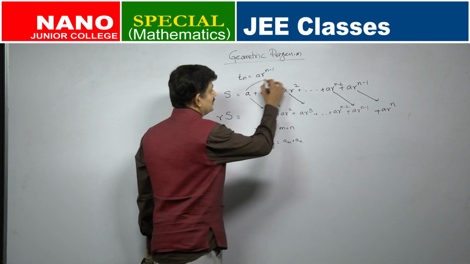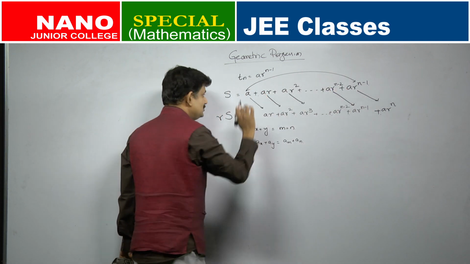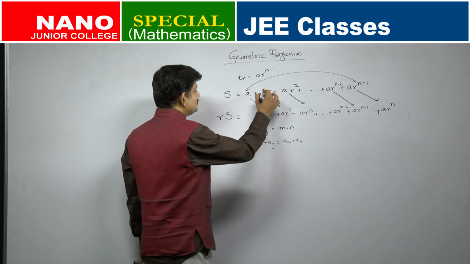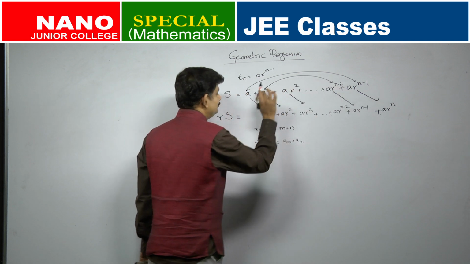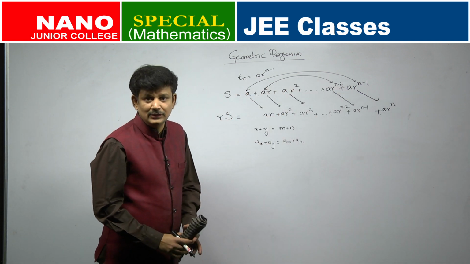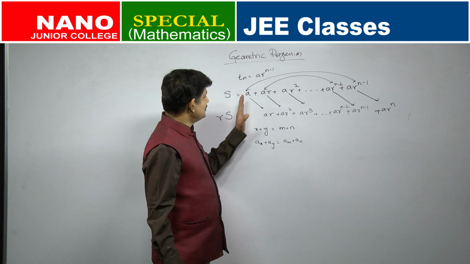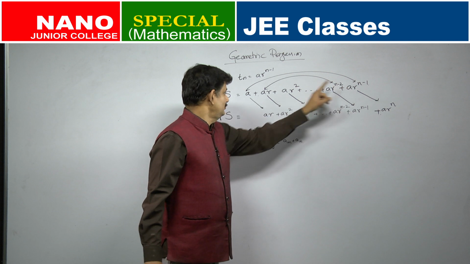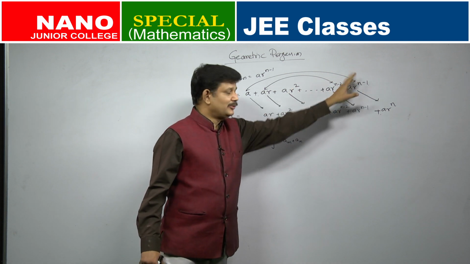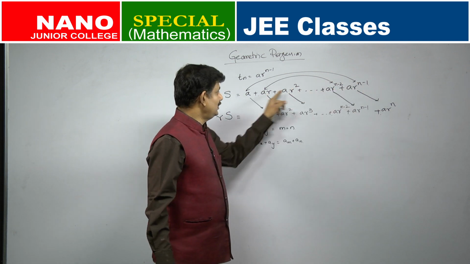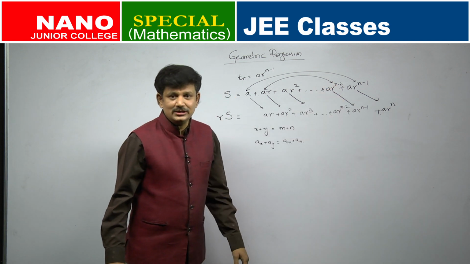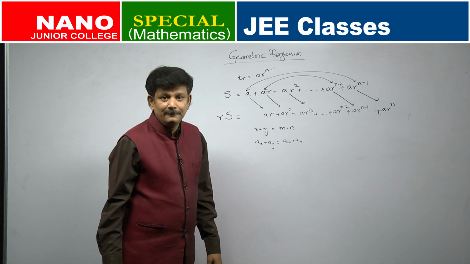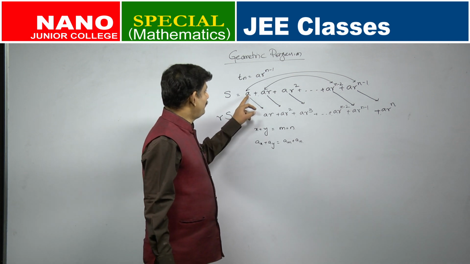Now, what we did in arithmetic progression was we paired these two numbers, we added them and saw that that sum was coming same as this sum. Yes or no? Observe what is happening in case of a geometric progression. Is the sum same? A plus AR power n minus 1, AR plus AR power n minus 2, they are not same, right? Sum is not same, but what is same? If you closely see it, product is same.